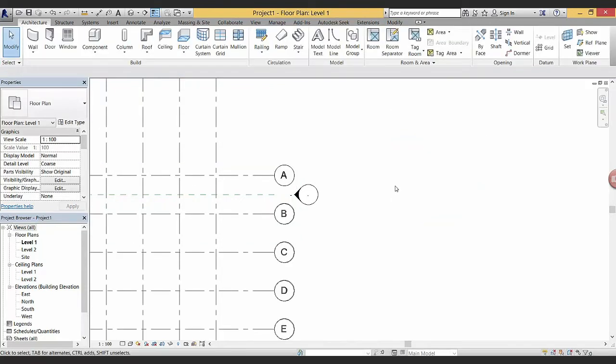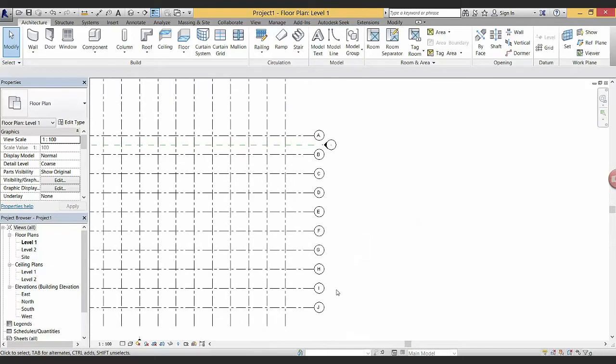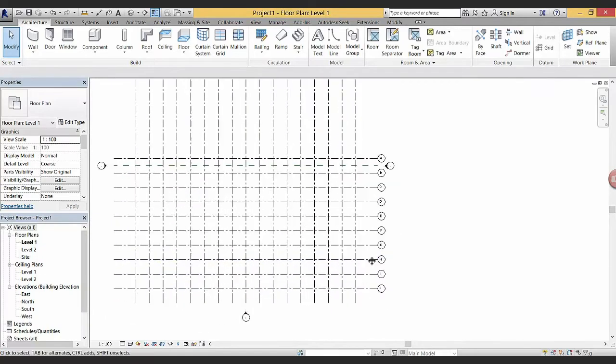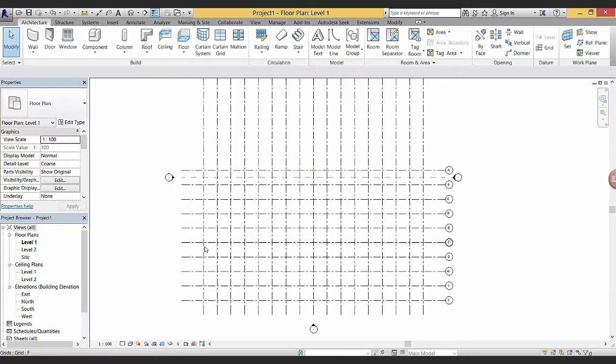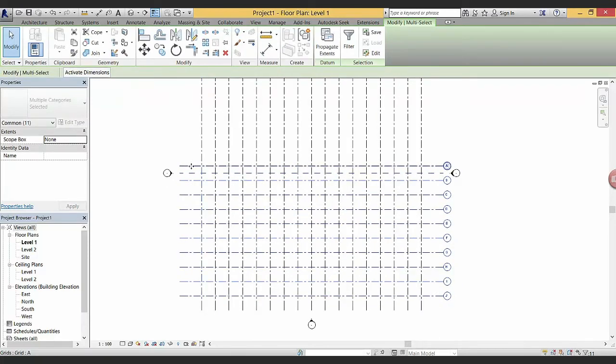That's pretty important for using the array command. Now, there are many nice things with Revit, and one of the small things that makes you happy is that the grids that you just created will fill out the alphabet in a perfect way. So this is not going to come as a surprise. We're going to move these grids. I use the crossing selection window like so, but you'll notice that now I have created 10 grids in addition to the reference plane, the horizontal reference plane.